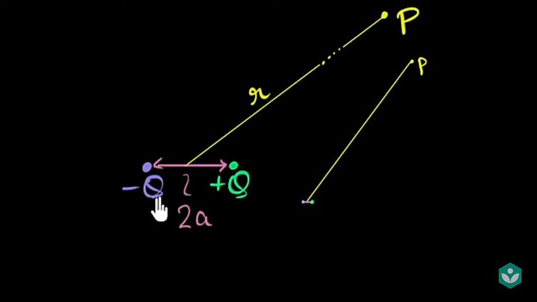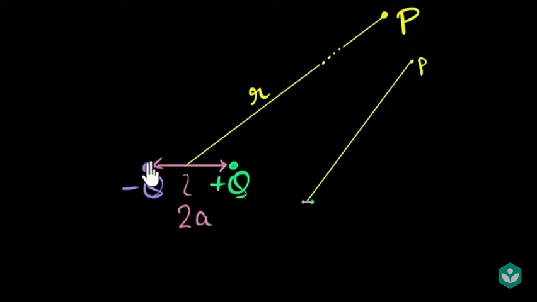Well, I already know how to calculate potential due to a point charge. We have seen the expression for that, q by 4 pi epsilon naught, which is called k, so kq divided by r. Here, I can find the potential due to each charge and just add them up. But the problem is the distance of P from this charge and from this charge is not given to me, only that r is the distance from the center. So what I'll do is assume some value and draw it.